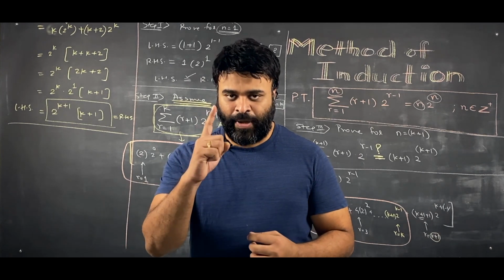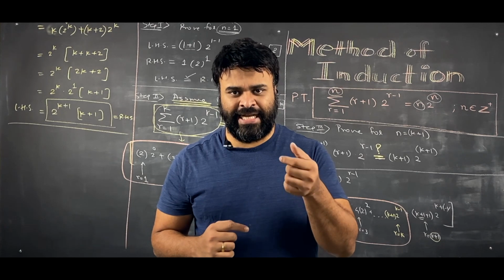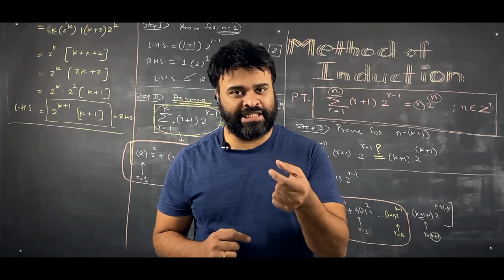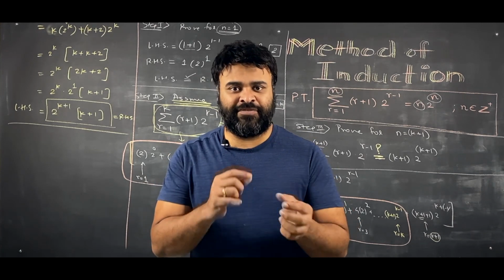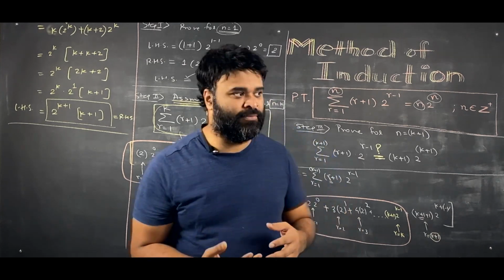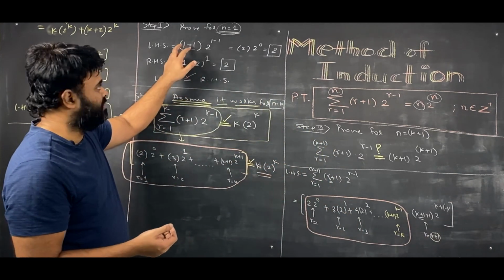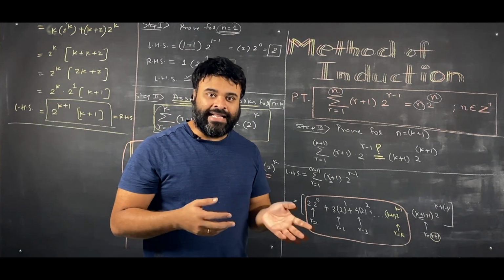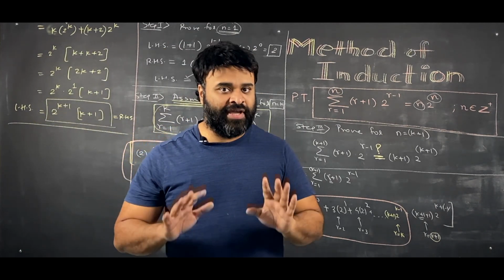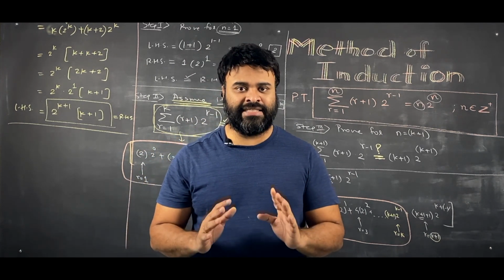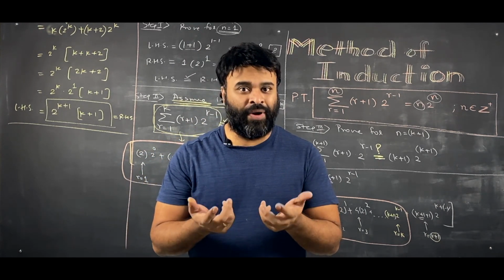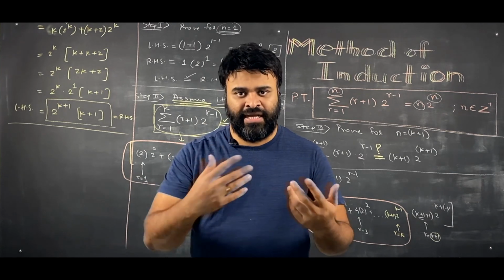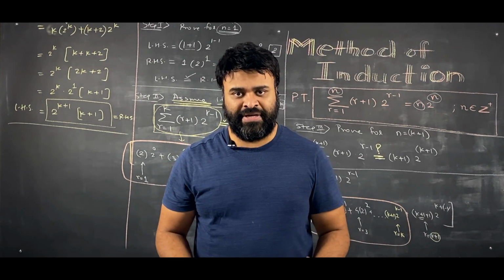Okay. Step 1 is you check. It's an initial testing. You work for the initial value and find out if it works for, say, n is equal to 1. That's like my starting point. That's what we did here. Now, once the initial test is done, then in second step, we don't prove anything. We assume that n is equal to k works. What is k? K is any natural number or positive integer.